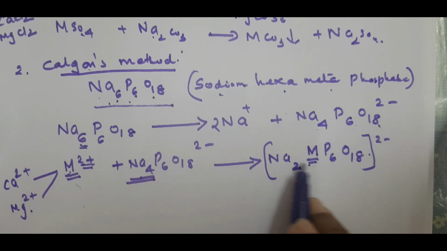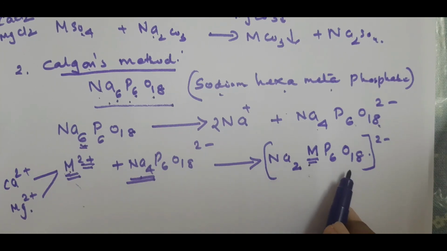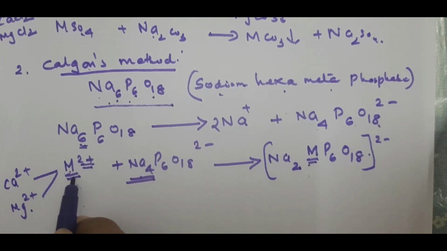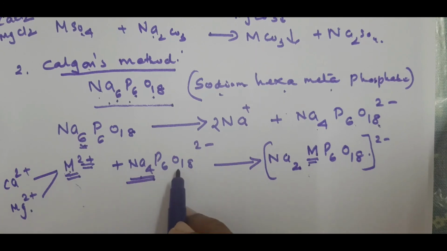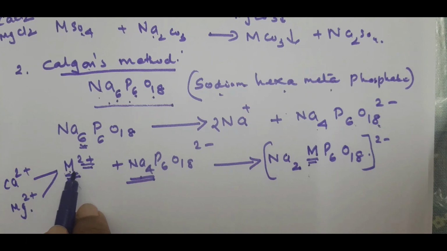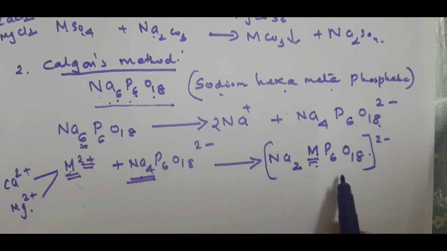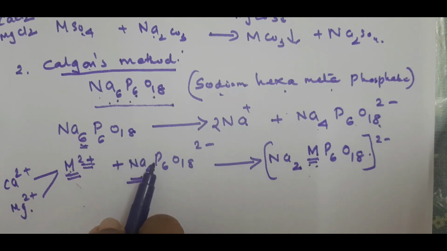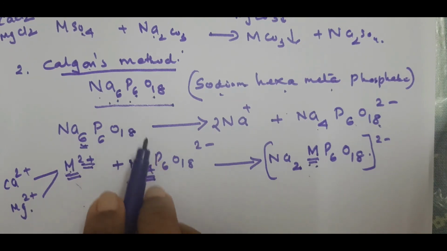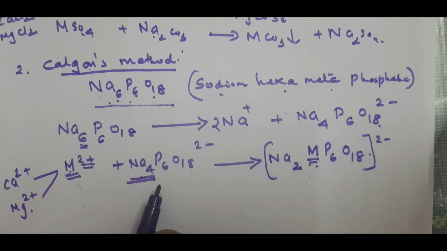So, you can include this metal atom in this complex. And so, we remove the calcium and magnesium, and thereby we remove the hardness, because the calcium or magnesium is responsible. The calcium or the magnesium is getting added into this anion complex. It will be in the solution. Correct. So, they are removed and thereby the permanent hardness can be removed. So, this is Calgon's method for removing the permanent hardness of water.